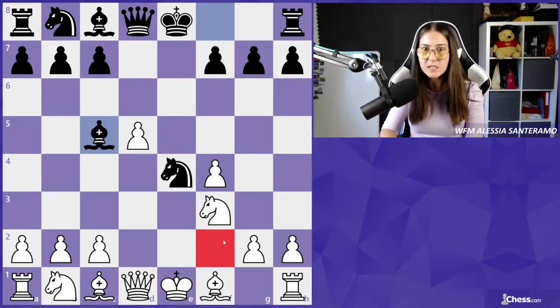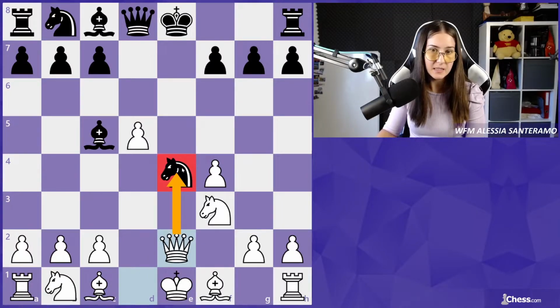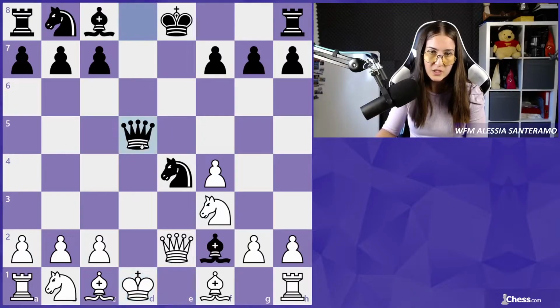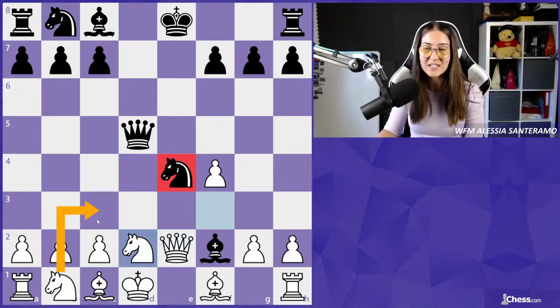So here, white has to play one move, queen e2, which pins this knight and avoids any threat on f2. Bishop f2 check is not good, even if it seems strong, because after king d1, queen takes d5 check, we have a very strong move, knight d2, covering the check, attacking the knight, and preparing a very strong knight to c3. This position is already winning for white, because the knight will fall,